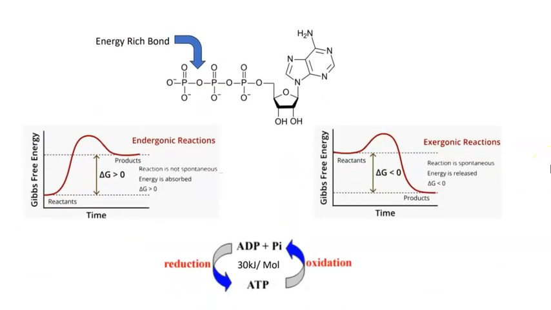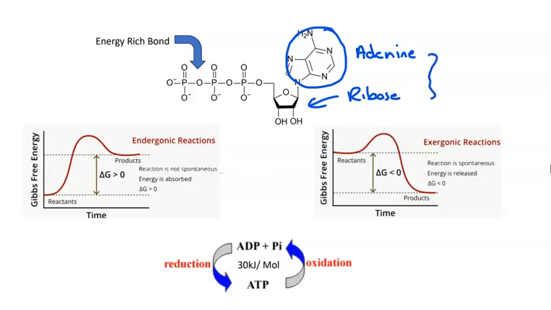Here's the molecule itself, and the chemical details of this are not required by the examination process. This nitrogenous base structure here is adenine. And this sugar here is the ribose sugar, and together these are called adenosine. Out to the left, coming off the sugar, we have 1, 2, and 3 phosphate groups, hence the name ATP, adenosine